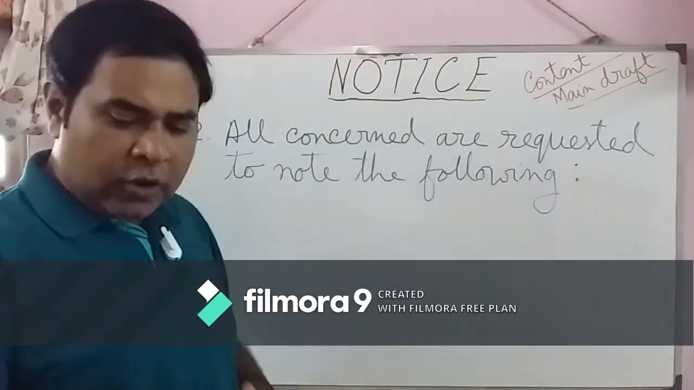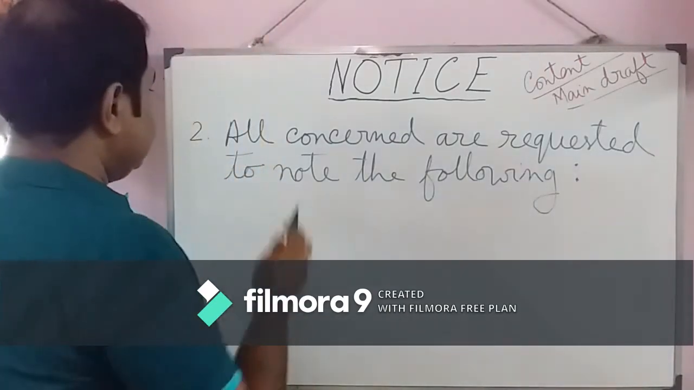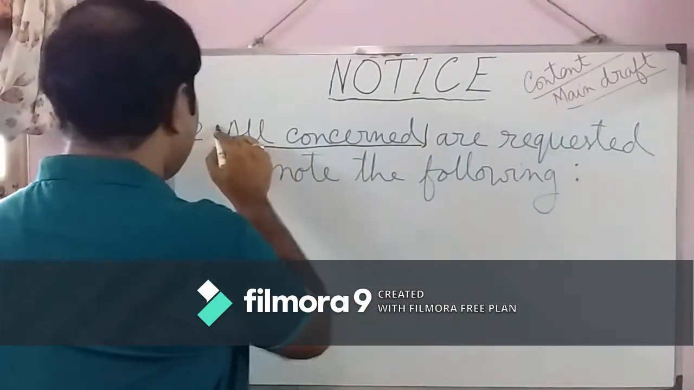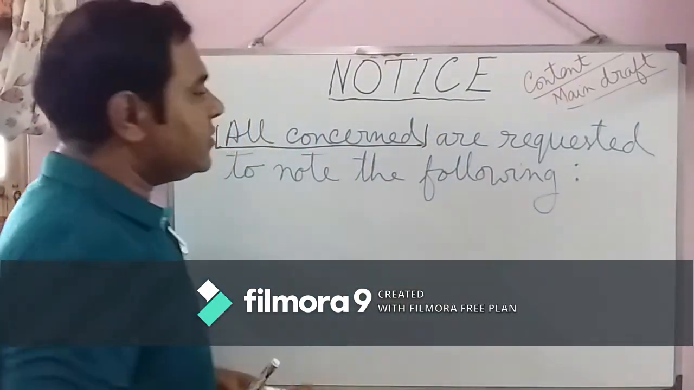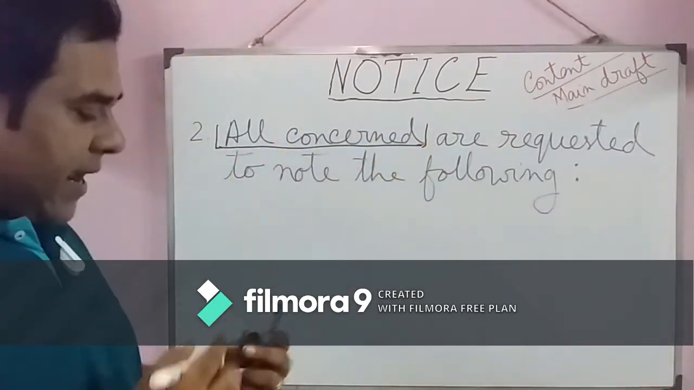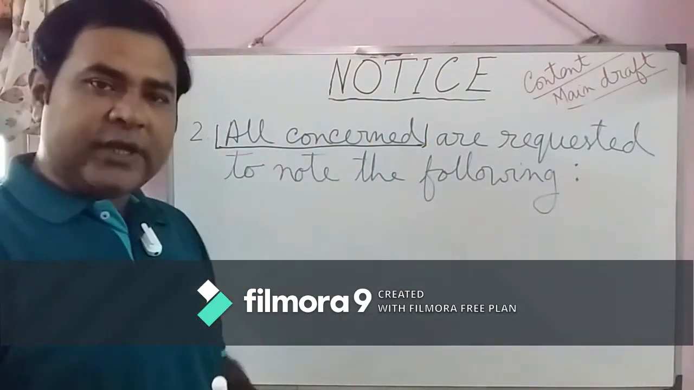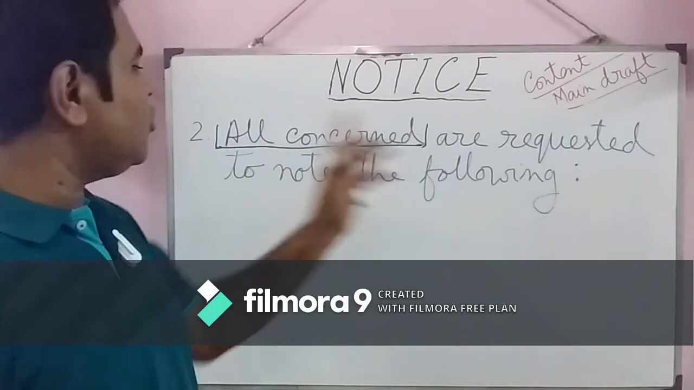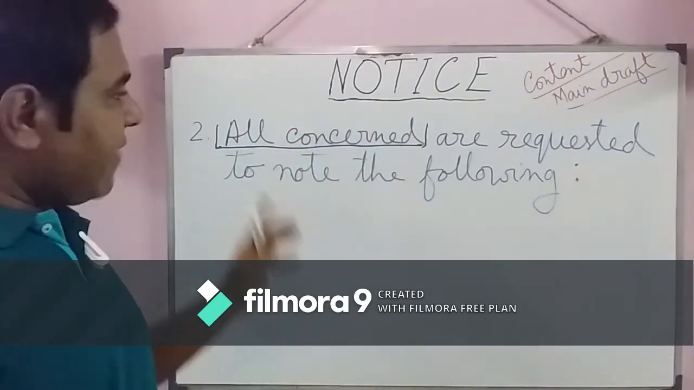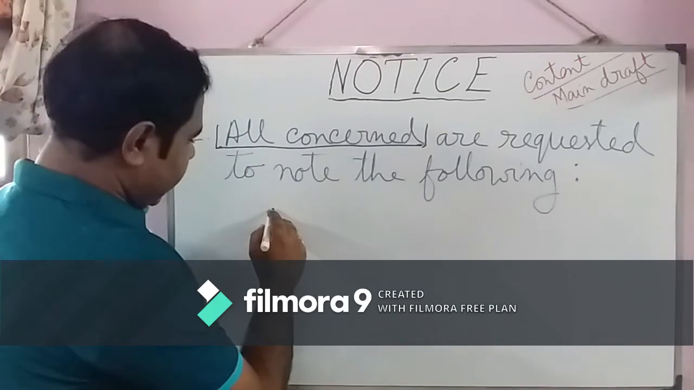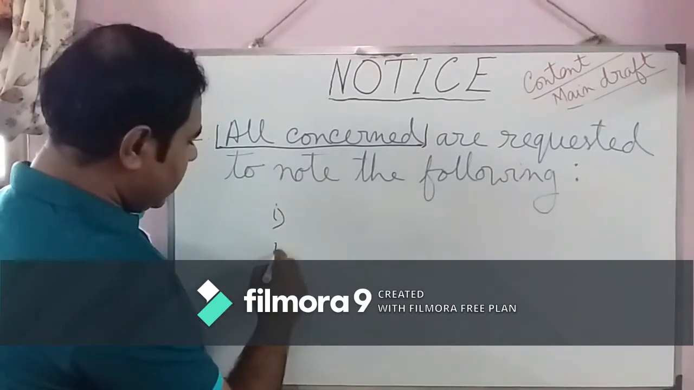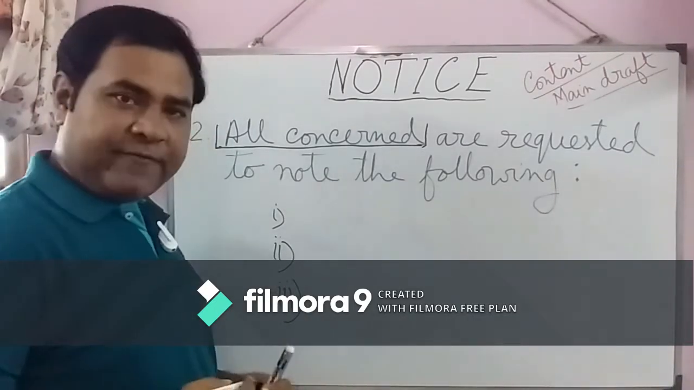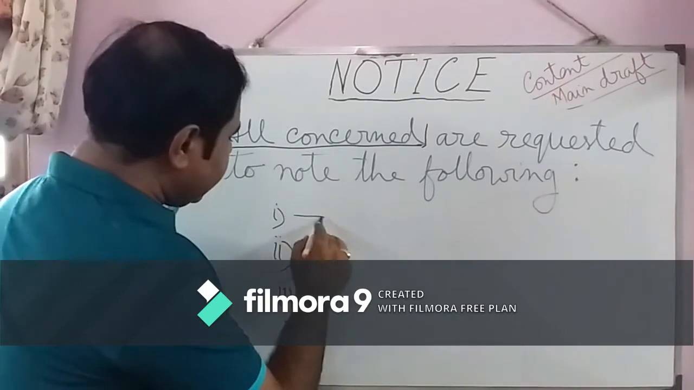All concerned is again a stock expression that we use in the notice. Now, after mentioning the recipients of this notice in the first part, we again mention all concerned, that is, those who are actually related or concerned with this topic. All concerned are requested to note the following. And after writing this, we form a bulletin here. You can use Roman numerals or small letter alphabets, whatever it is. Now, this bulletin